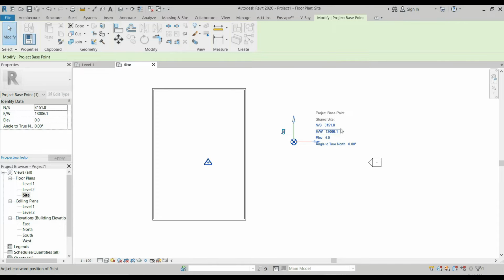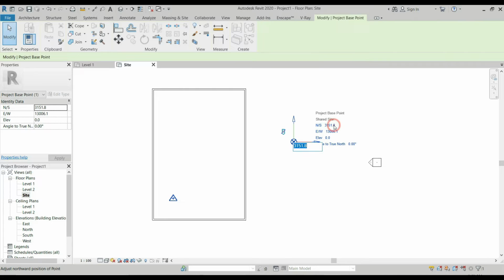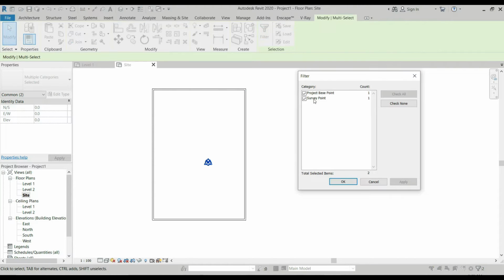Okay, so kung ano yung value ng coordinates ninyo, yun yung layo niya doon sa origin. Same as with the survey point. Once na in-unclip mo siya, once in-move mo, kung ano yung value doon sa coordinates, yun din yung layo niya doon sa origin ninyo. So, balik natin siya sa 0. So, para mabago yon, click ninyo lang itong coordinates, then type in yung 0. Yan. Then, i-clip ninyo na lang din para hindi mag-move yung